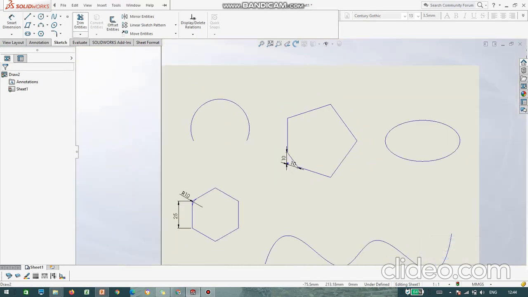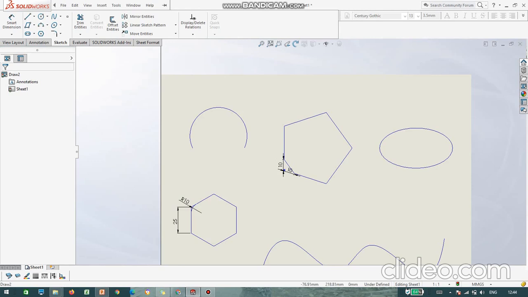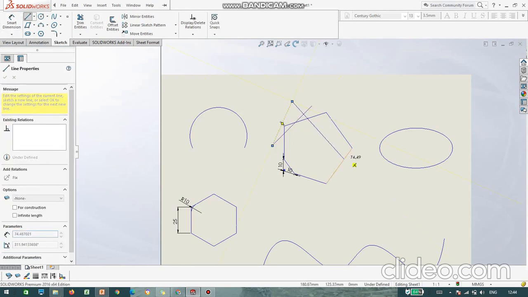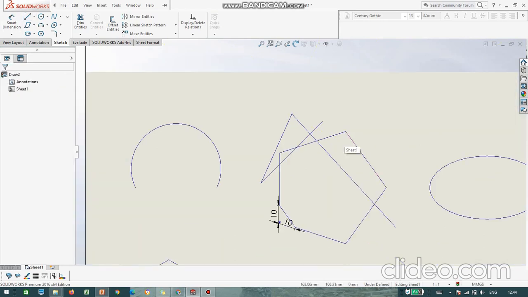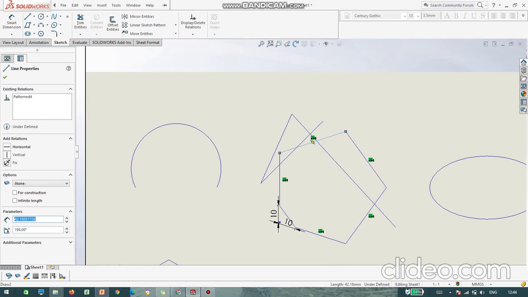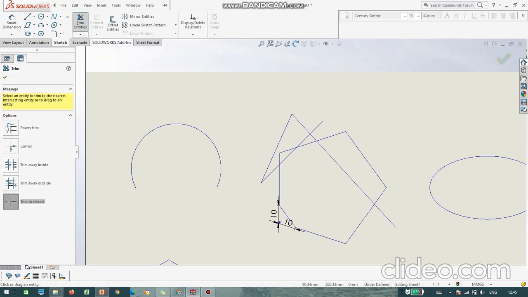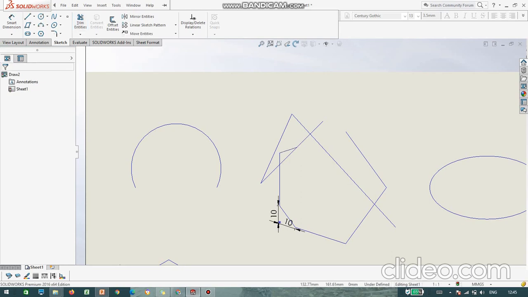Next we have a trim entity. In order to draw a trim entity, I will show you. You can draw a line, something like this. Suppose if you want to delete it, you can select a line and just delete. This particular line will go, the selected line. But the difference with trim is, I just want to delete this much only. See, I trim a little bit like this.